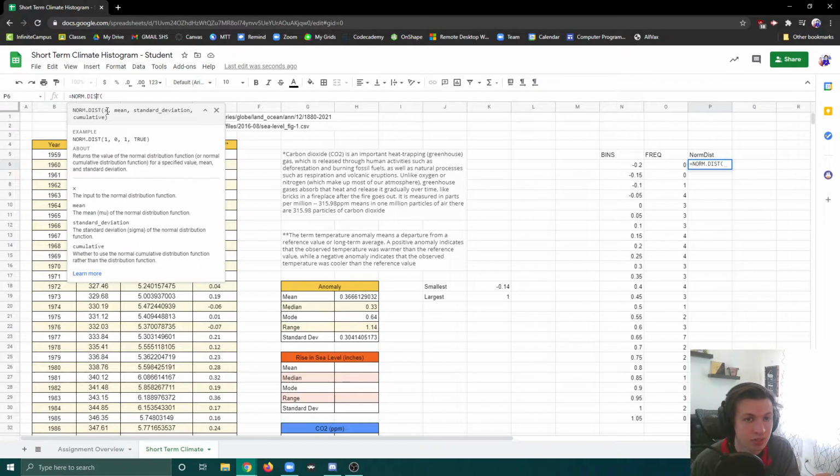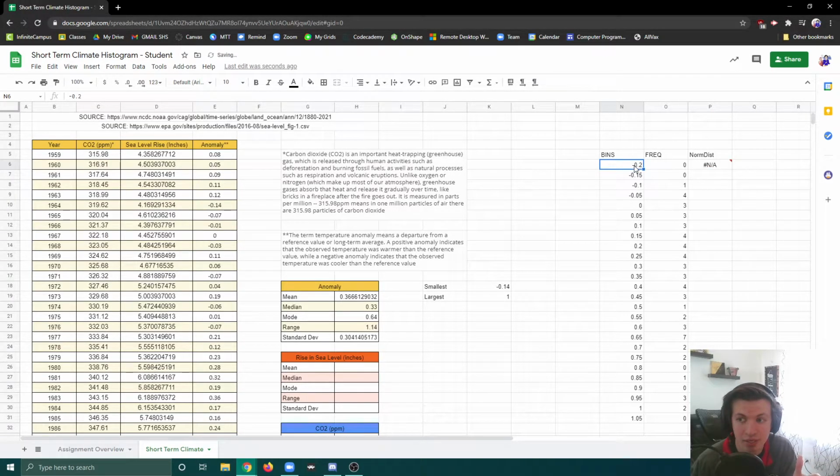It takes our x value, that is going to be our bin where we want it to be located. It takes our mean, our standard deviation, and then it takes a Boolean, whether it is true or false: cumulative, if we want to add up all of these as we go around, which we do not in this case, so we're going to leave that as false. The first thing we want to do is say where we're going to place it. We're going to place it in our bins. So we're going to take our bin and